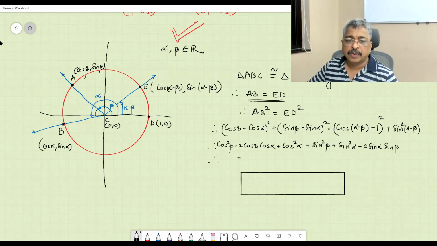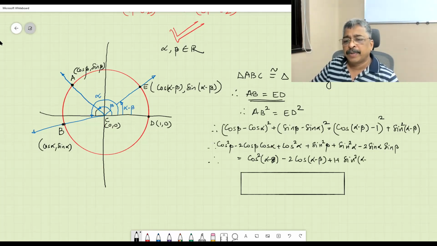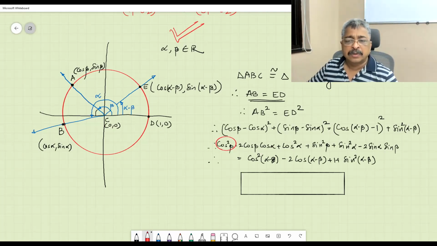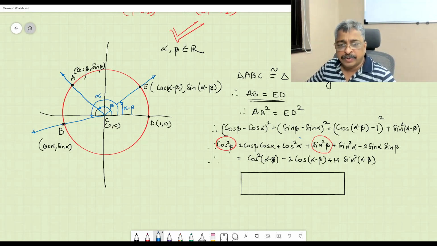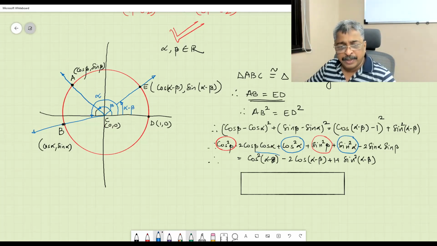Which is equal to cos square (alpha minus beta) minus 2 cos (alpha minus beta) plus 1 plus sin square (alpha minus beta). Oh, good. We have cos square beta, we have sin square beta. That is 1. We have cos square alpha, we have sin square alpha. That is 1. And we have cos square (alpha minus beta)